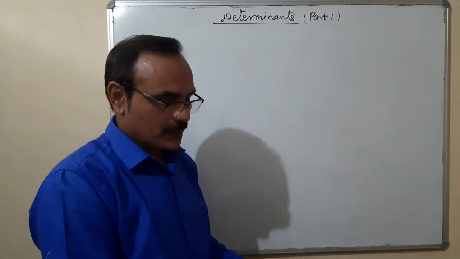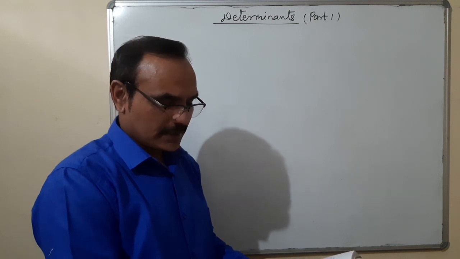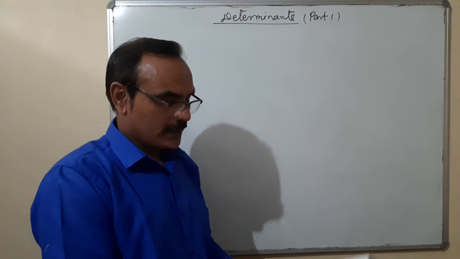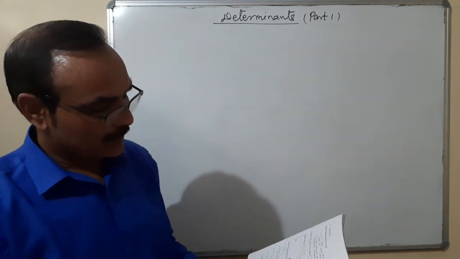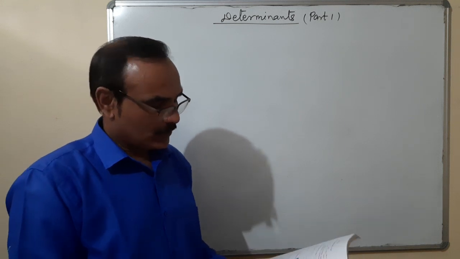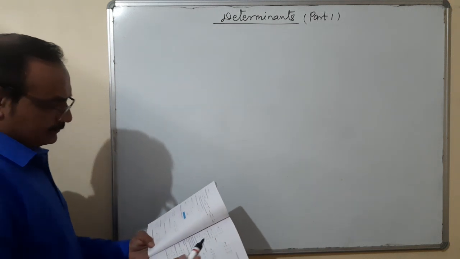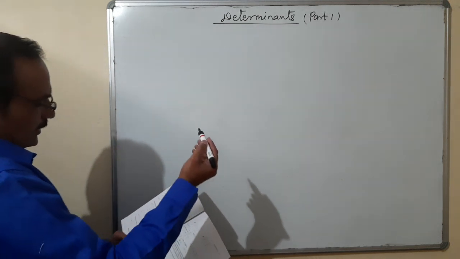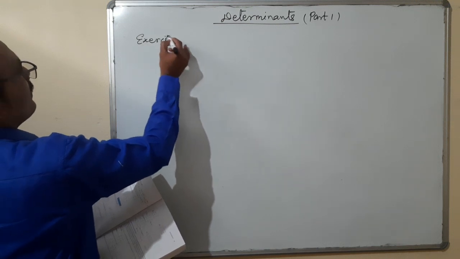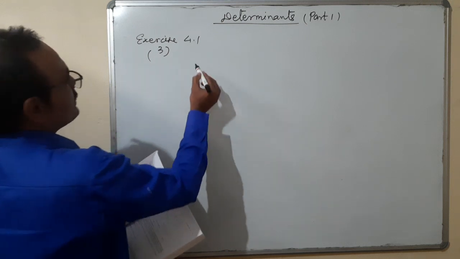From exercise 4.1, I am selecting one or two questions only. It's a very simple exercise. You can just expand by any row or column and find the value. Exercise 4.1: evaluate the determinant. Suppose I want to take a 2 cross 2 example. Exercise 4.1, question number 3, which is: if A is equal to the matrix 1, 2, 4, 2,